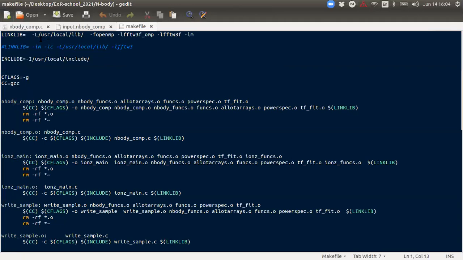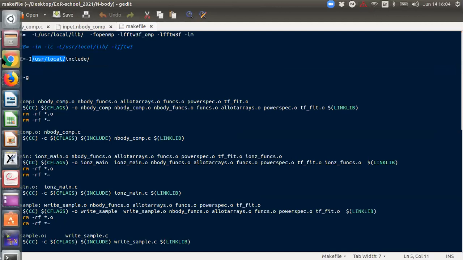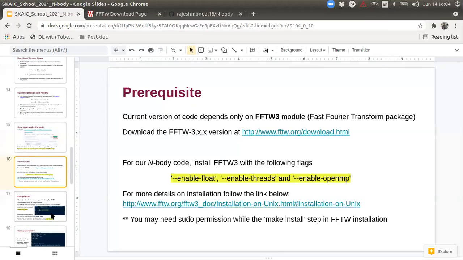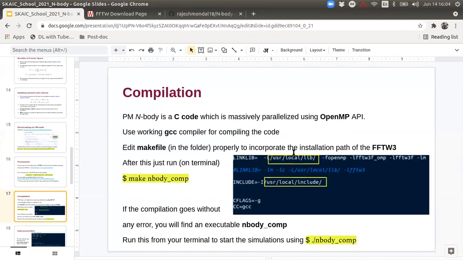But if you installed the package in some other local directory, then you have to specify the directory path here, here and here, for the library and for the include. These paths would be replaced with this, user local. I have already highlighted this part in the slide for your convenience.